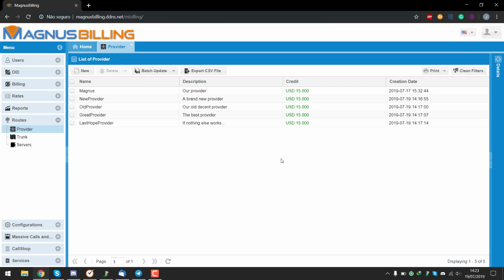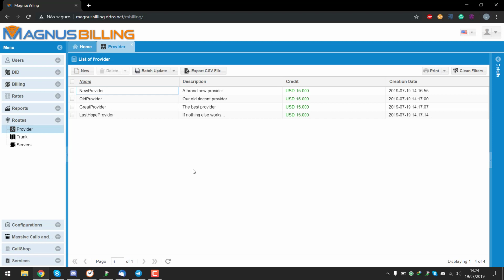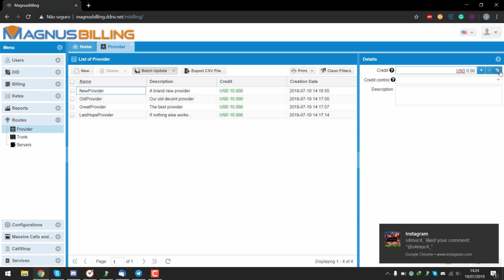So let's say I want to add in some filters. I want the providers that contain the word provider. See, so that other provider that did not have the word provider did not get included in this update. So let's batch update that and say that we want to increase